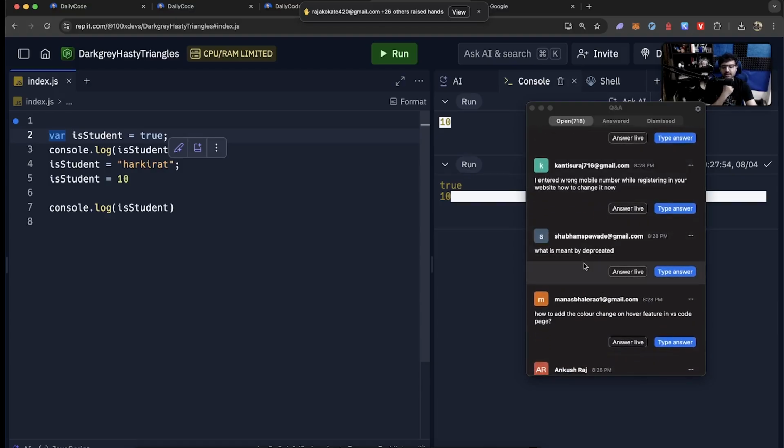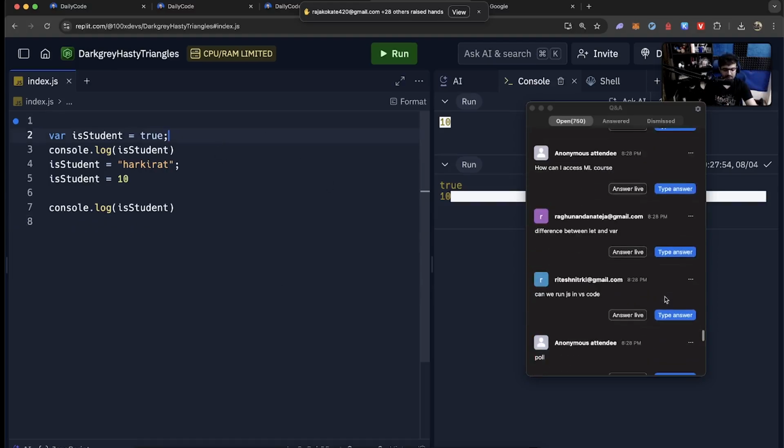What is the meaning of deprecated? It means JavaScript is telling you, okay, don't use this. Deprecated in English means do not use this. It is deprecated. We are telling you, this is bad. Don't do this. And why are they saying don't use name? Because name is like a reserved keyword, right? If I write whatever JavaScript over here, that is fine. But if I write, let's say, class over here, that is also fine. But there are some words that are reserved for the language. It says this word can create a conflict. The JavaScript engine might need this word. So please don't use the word name. It is deprecated. That is what deprecated means.